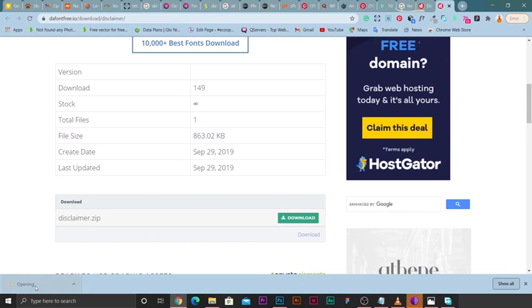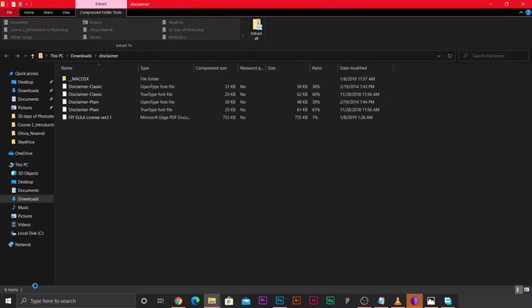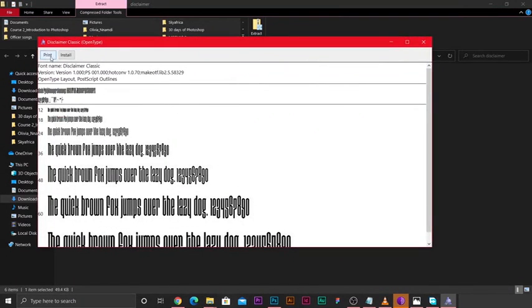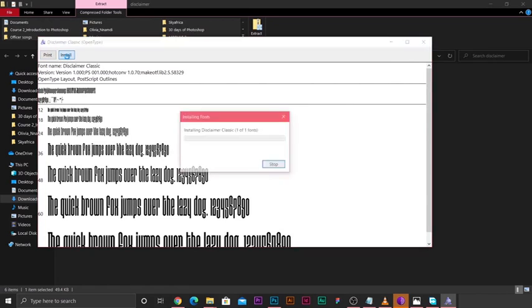Let me double click on it. It's opening. Now my font has been downloaded. I've opened it up. Then here are the various files of the font. All I have to do is to double click on any of them. Like on this first one, I'll double click on it, and as you can see here, I'm seeing install here. So once I click on install,